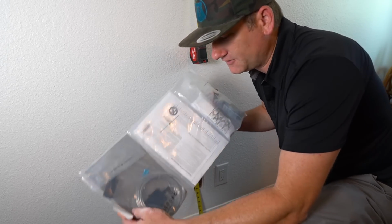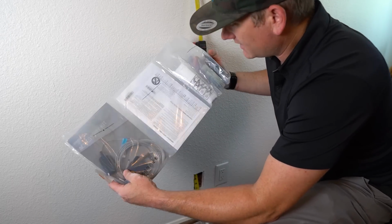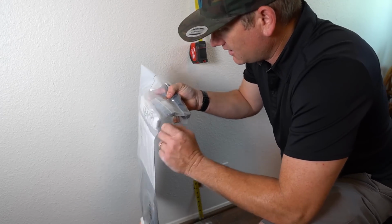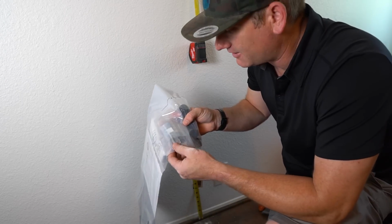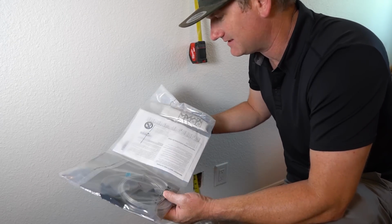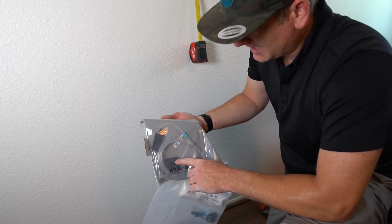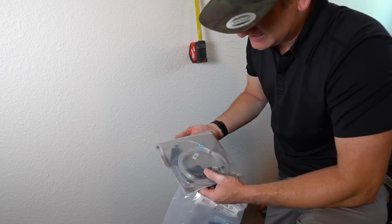All right, so now is the first time that we really needed to get into this bag of goodies. We got the One Connect cord here. We got the remote, power cord. There are some spacers. Those spacers are for the VESA pattern if you're going to use that, so we're not really worried about that. So I'm going to take out this One Connect cord and send the larger end